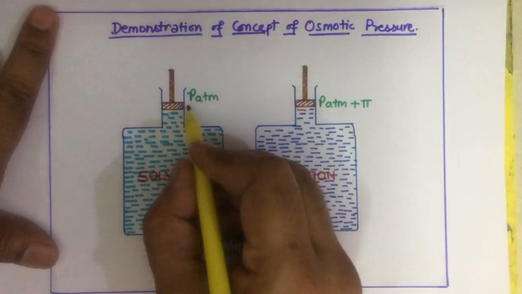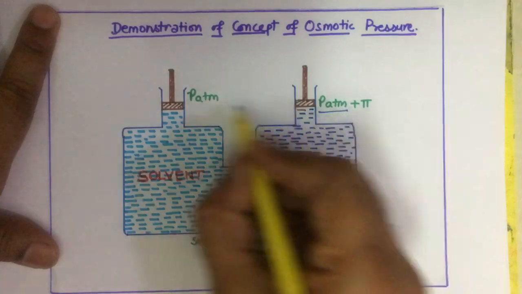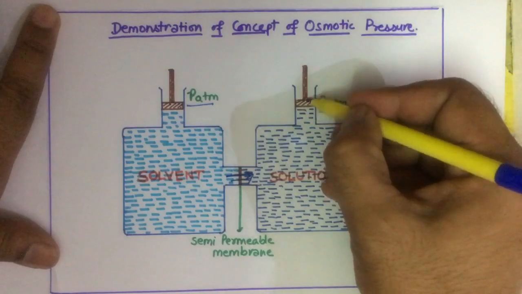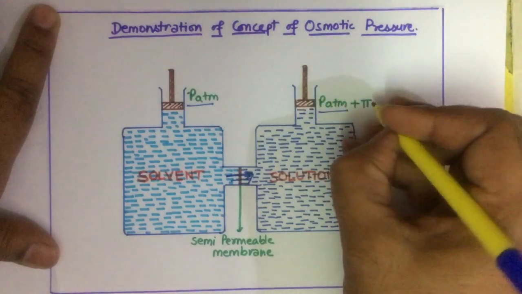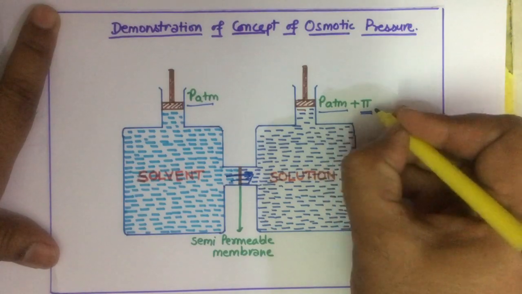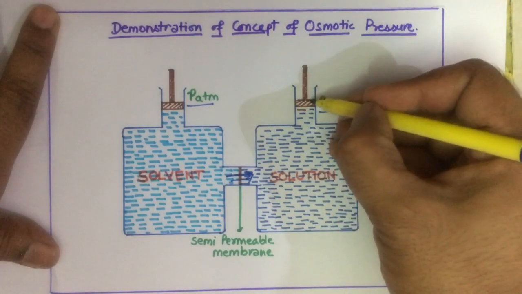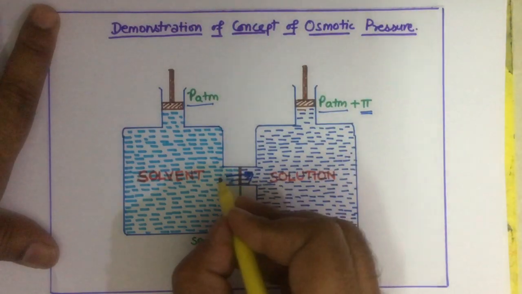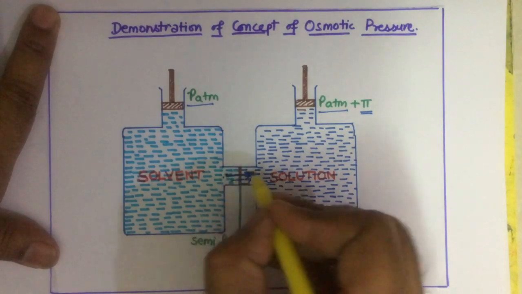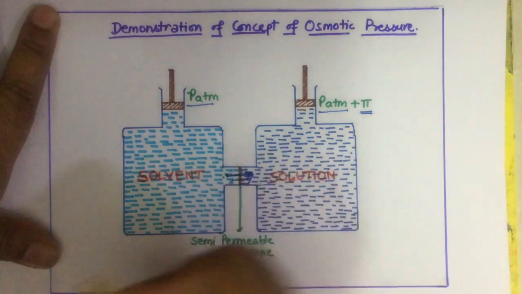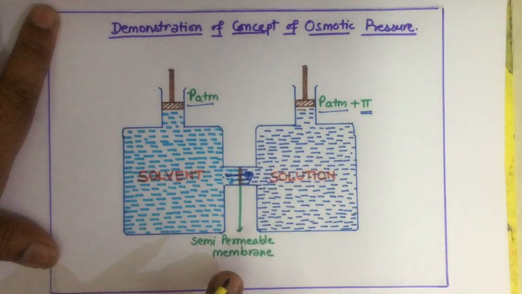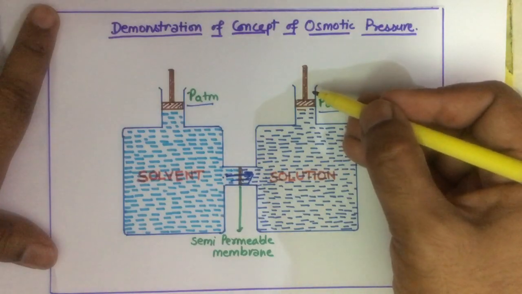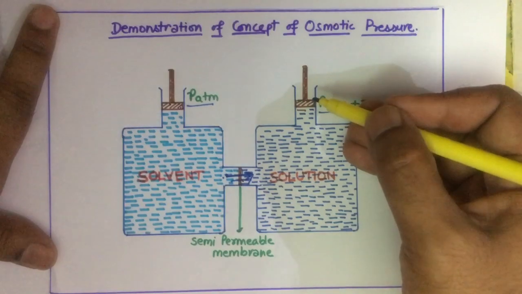Now there is a pressure on this side and a pressure on this side. Since osmosis is taking place, the piston will move outwards. Now we have to apply some extra pressure, that is equal to pi. When we apply the pressure pi, the movement of the piston outwards stops, and when the movement of the piston stops, that means the movement of solvent molecules from this compartment to this compartment through the semi-permeable membrane will also stop. So there will be no osmosis taking place. The pressure which is applied here to stop the process of osmosis is called osmotic pressure.